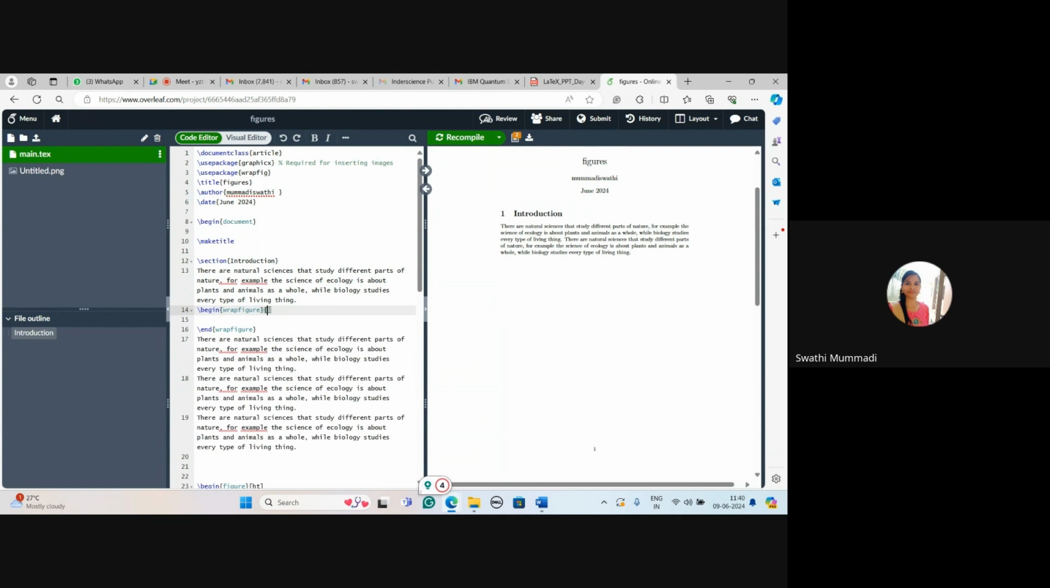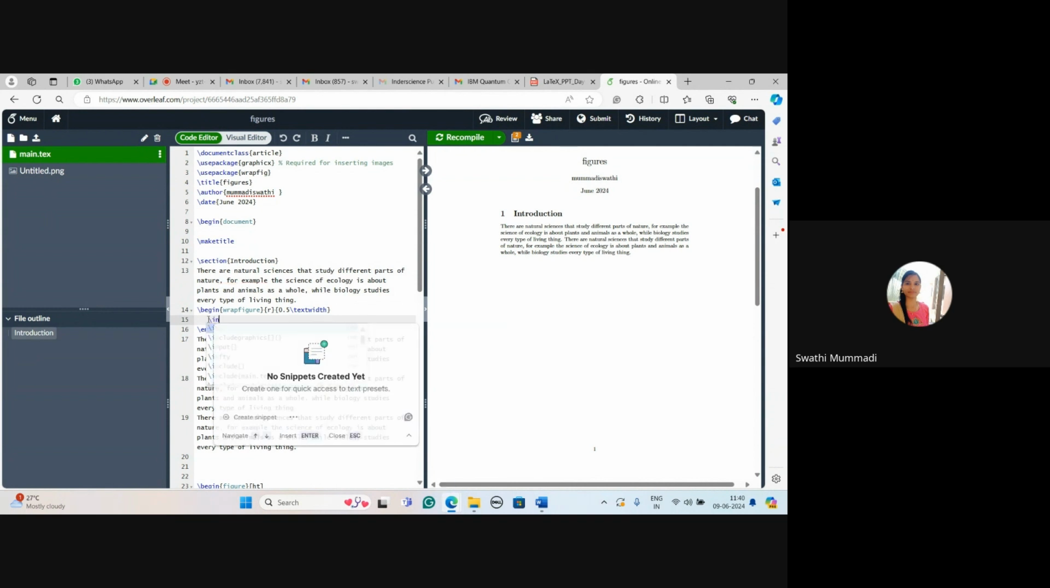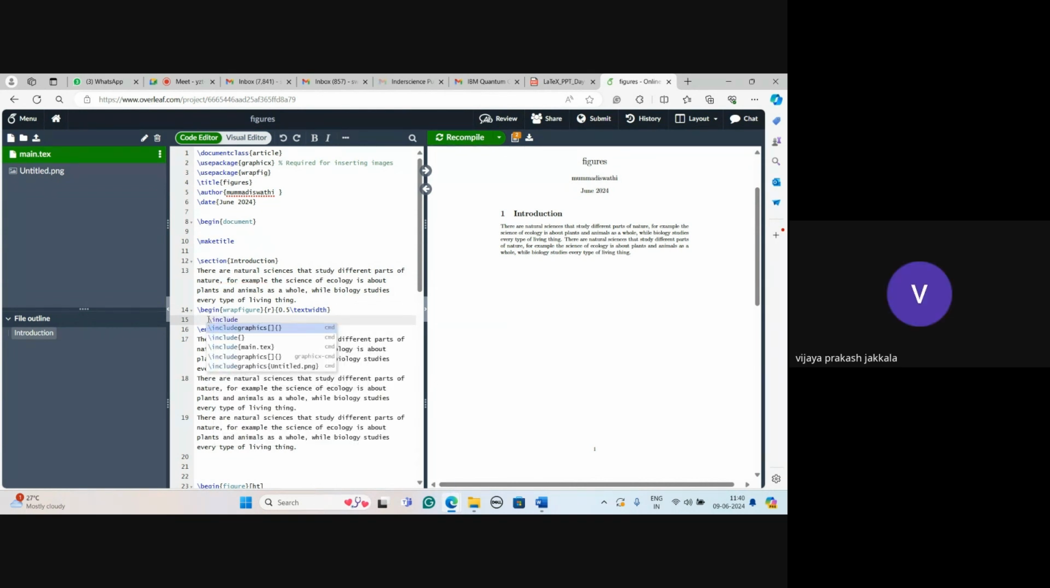And after wrapfigure, you have to check whether it is right aligned or left aligned or anything. And then how much space it has to occupy. So 0.5 slash, like if overall text width is 100%, in that 50% we are wrapping it with the figure. Next, you can include the figure. So for that, you have to use the slash includegraphics. Again, with width and